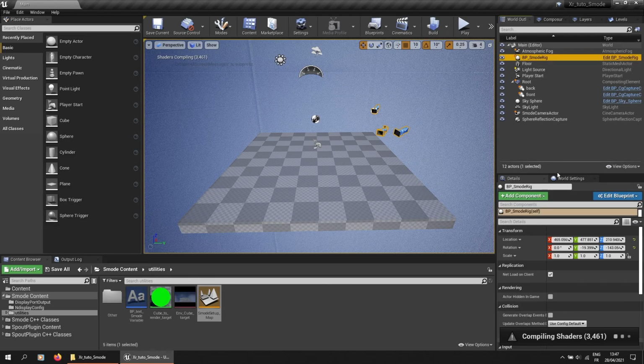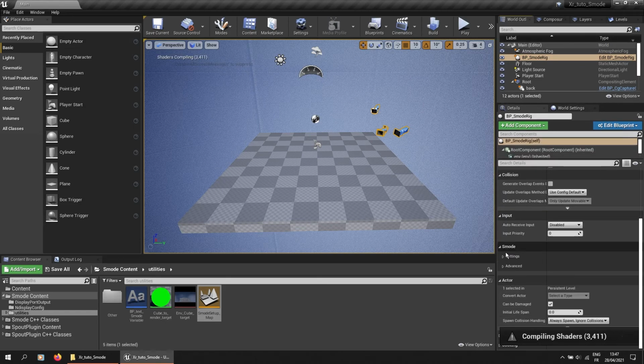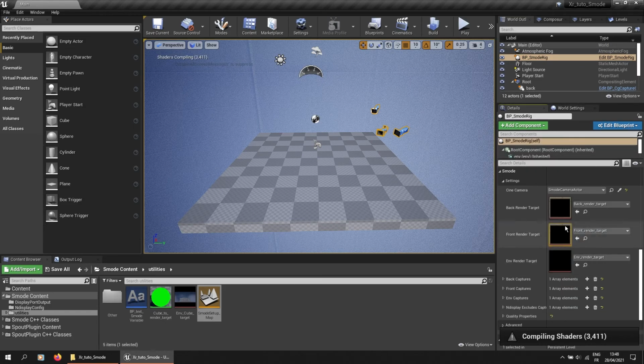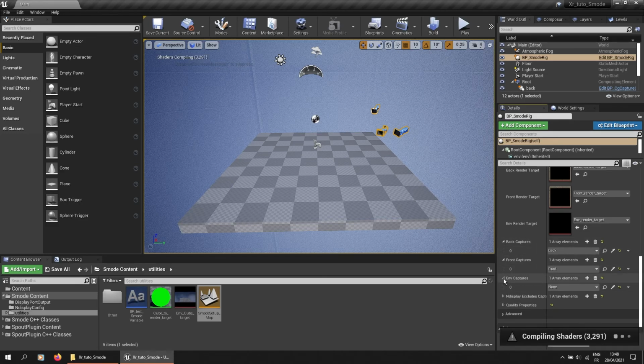So in the SMOD rig, we can see its settings. It takes 2 render targets, 3 render targets if we want to have an environment, and it also connects to the Composer element.